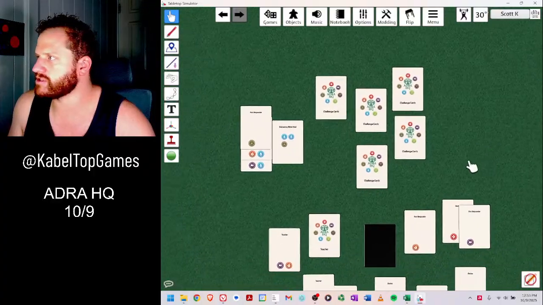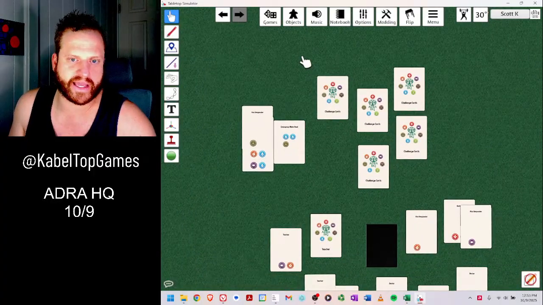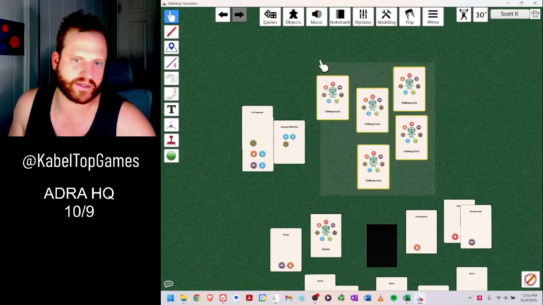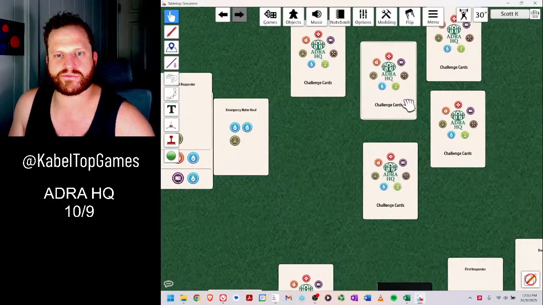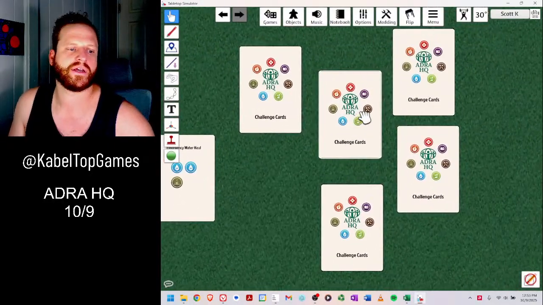So the challenge cards were separate. I exported them separately from Figma, and so here they are. And I made these little card backs, really simple card backs. And then